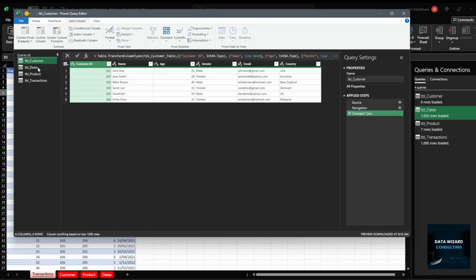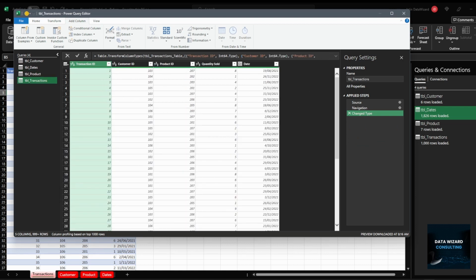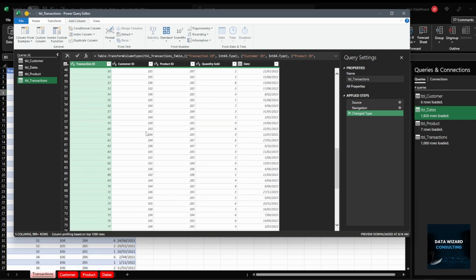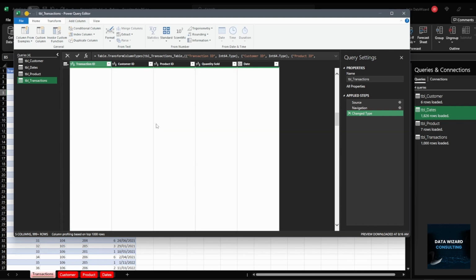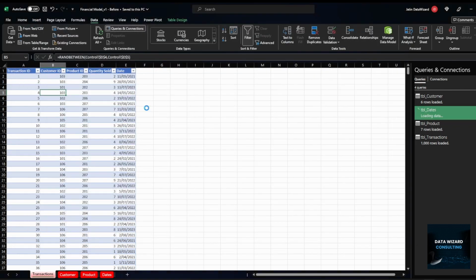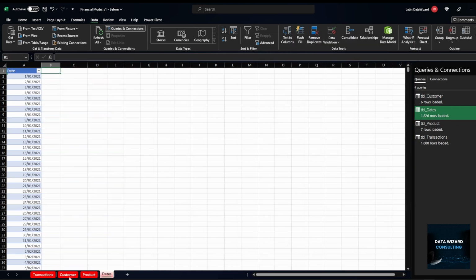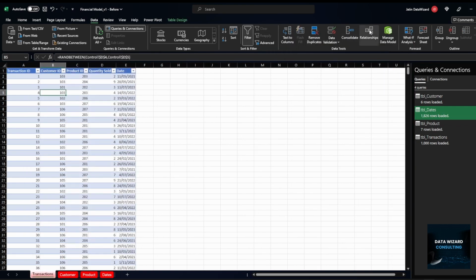I've also got a customer table, which looks pretty good. I've got a product table and a transactions table. You can see I've 999 rows as a minimum. That's just the preview that Excel gives you. I'm going to close and load. Give that a second. You can see that the dates table is the only one that I changed, but nothing here is visibly different. Once I go to manage data model,